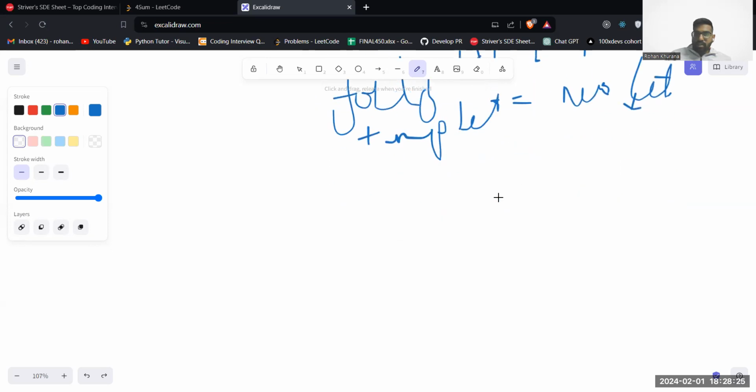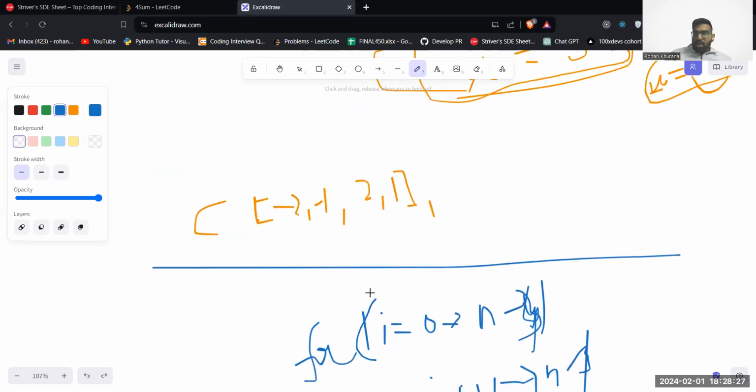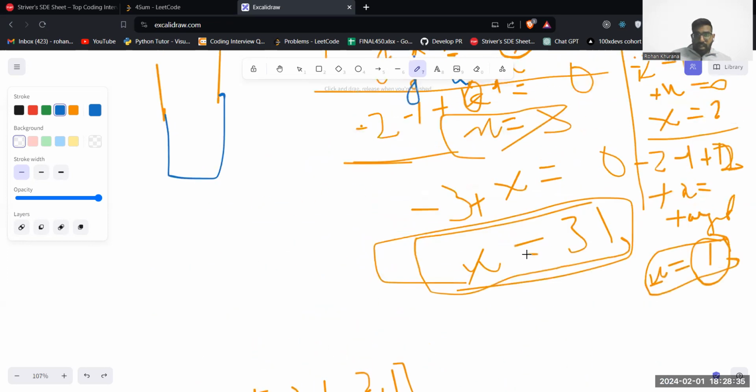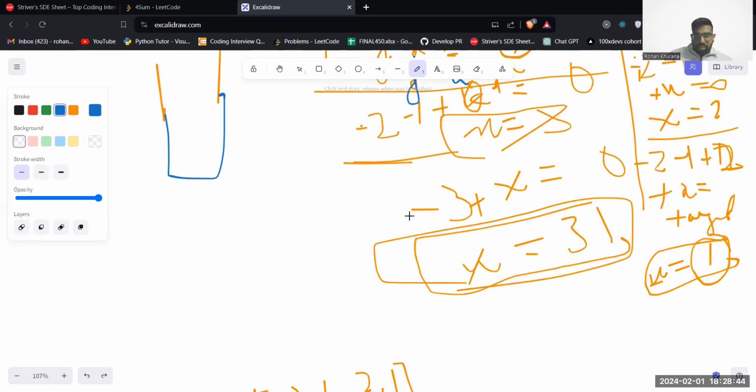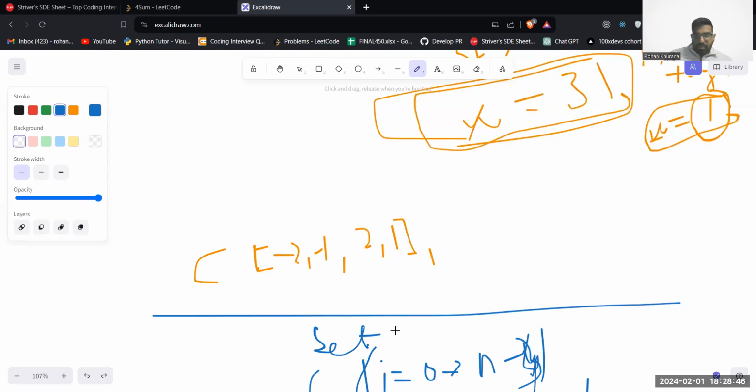This is equal to new set, right? And on the top of it, basically, when we start, I can initialize maybe a set here as well. Now, why am I initializing a set here as well? Because I need to return the answers, right? And my answer can be repetitive, maybe, I'm not sure. So that is why I will initialize a set here, right? With new set,